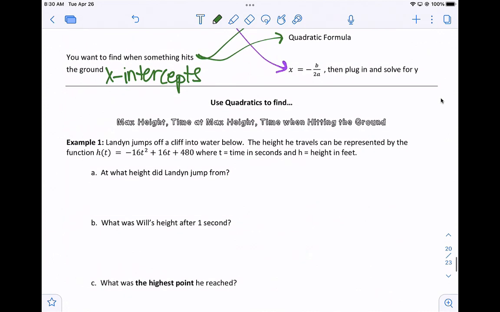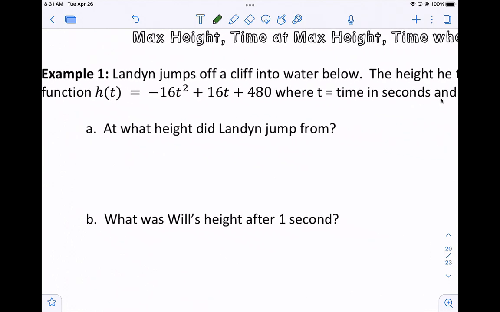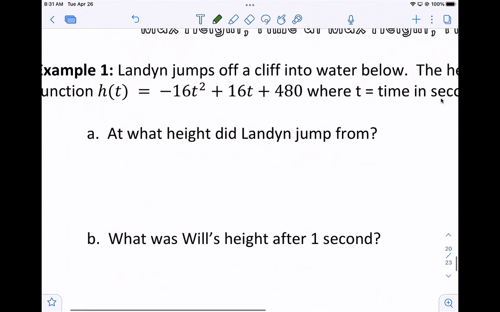So here's the first example. Landon jumps off a cliff into the water below. The height he travels can be represented by this function where t is time in seconds and h is height in feet. And what height did Landon jump from? And so the starting height would be at time 0. If we plug in a 0 for time,